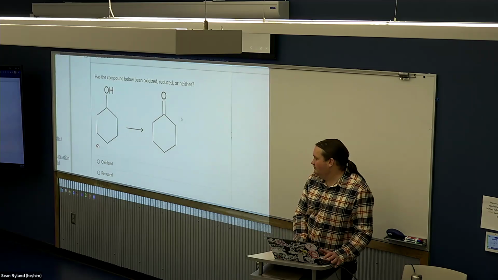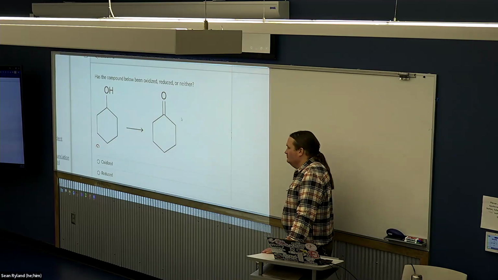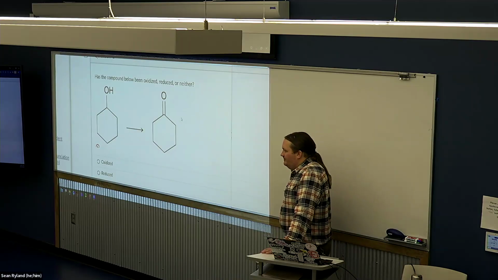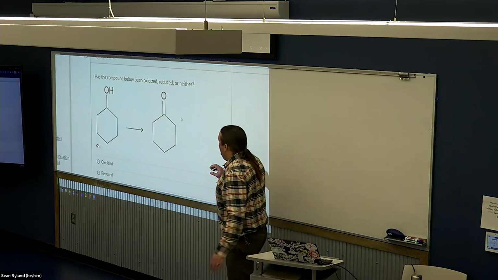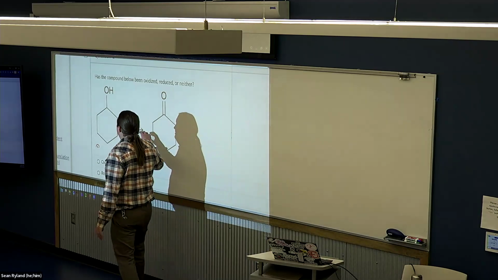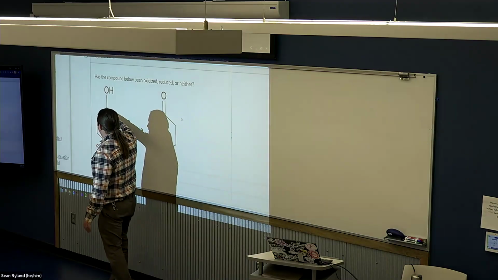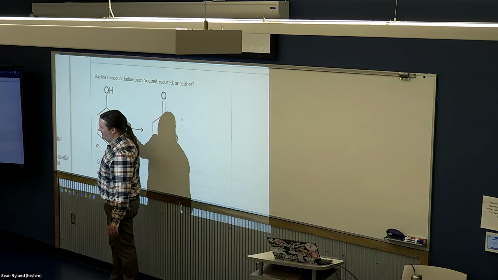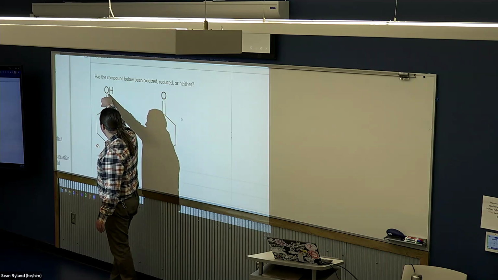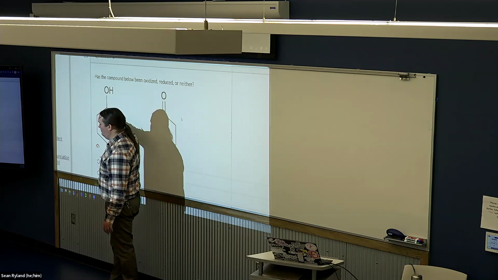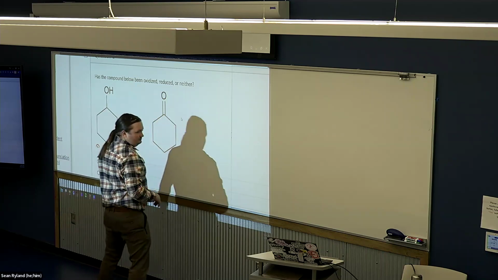This one, I don't understand why it's oxidized. Isn't added another option? We added a new carbon-oxygen bond though. And so, reminder that in OChem, when we say the compound has been oxidized, we're talking about whether there is a carbon that was oxidized. So this carbon went to an oxidation state. The oxygen didn't change oxidation state. This carbon went from a,